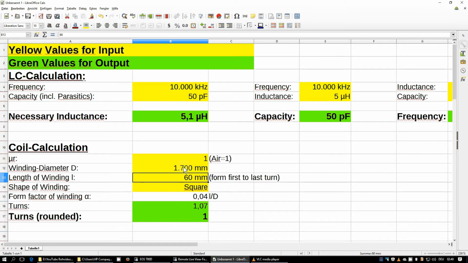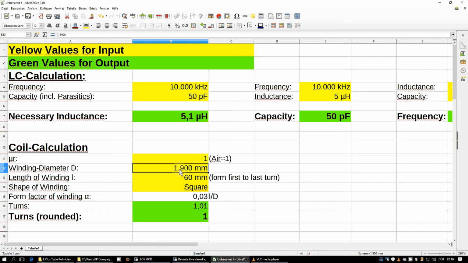We're still nearer, and 1800, so we're nearly there. So this will be exactly enough. So we need quite a large winding diameter, or simply diameter, of our single turn